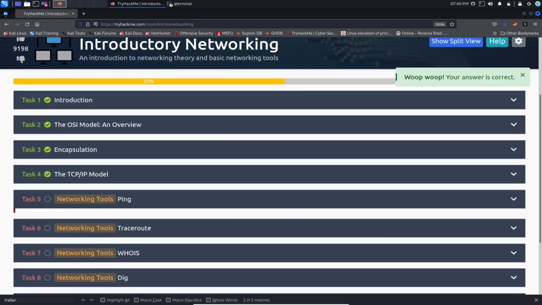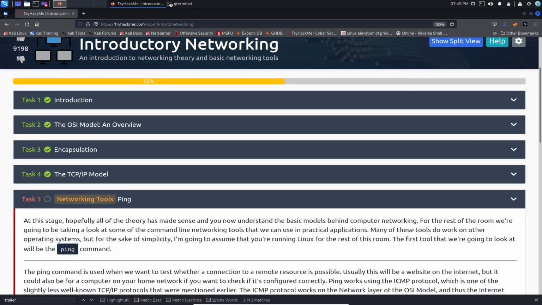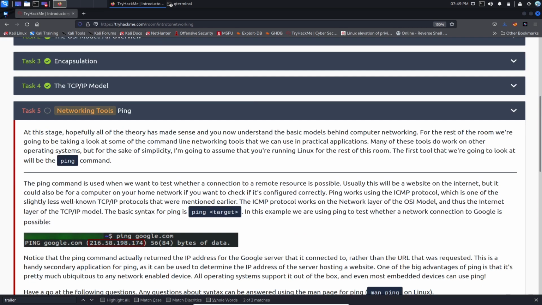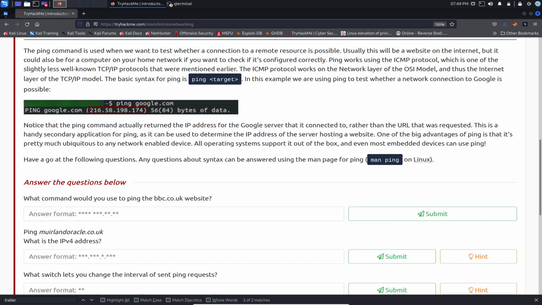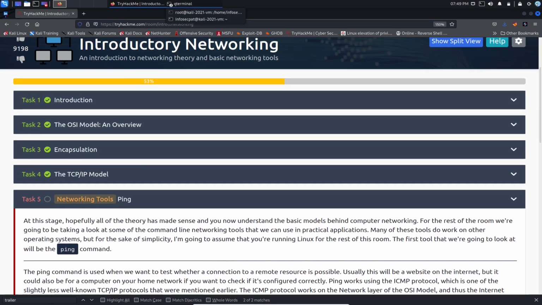Trying to go through this quick. All right. So now we get some cool, I believe we get some hands-on now. So in this stage, blah blah blah. Now we're going to go ahead and start up our machine. So we have our machine. Now if we go ahead and open up a terminal,